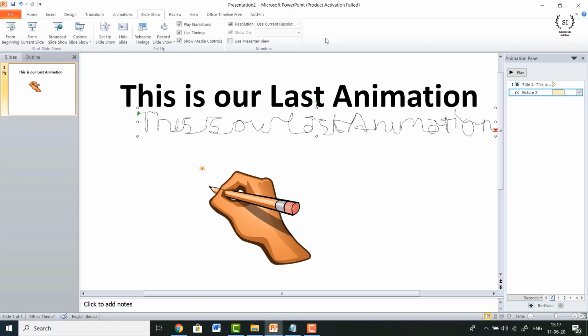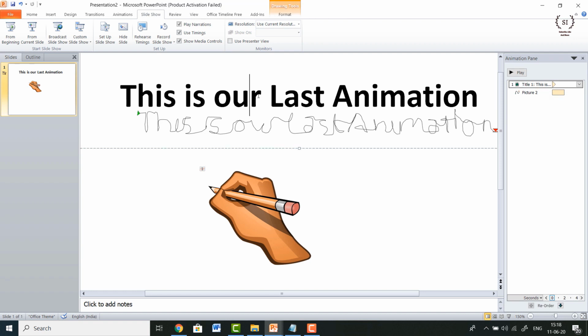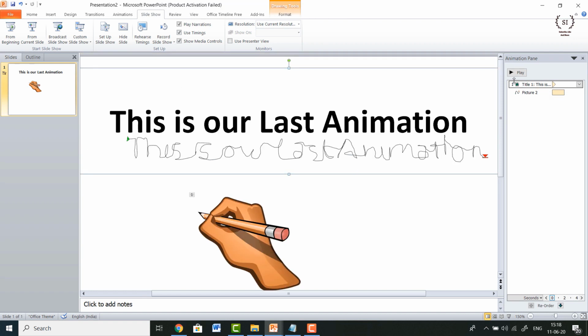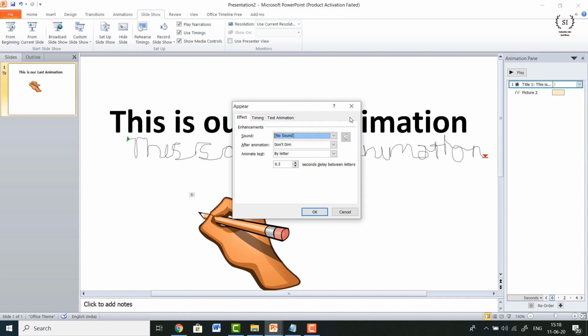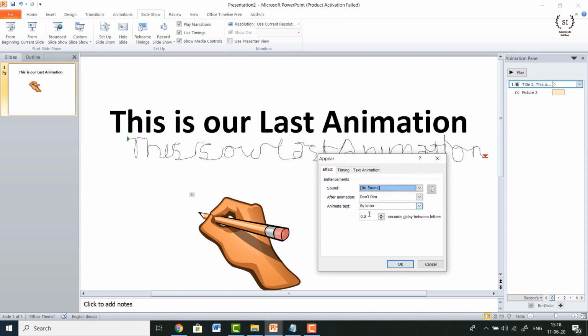time gap. So first of all, check this text box. Click on it, go to effect options, and you might have already seen that there is only 0.3 seconds of delay between each and every letter. So what is our next task?